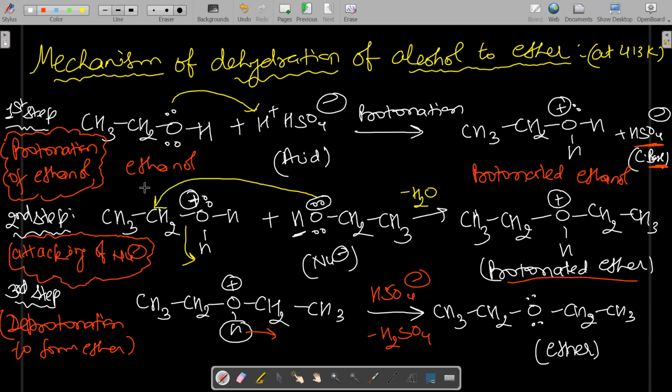Alkene we have already done. Alkene also has 3 steps, and ether also has 3 steps. The first step is common, that is protonation of alcohol to form protonated ethanol. The second step is formation of protonated ether by attack of the nucleophile. And which one is the nucleophile over here? Because in this ether formation, we use 2 moles. The first mole is this and the second mole is this. The first mole is giving its lone pair and the second molecule is also giving its lone pair. But in the second step, we can say it is the nucleophile. And basically the second step is just like a nucleophilic substitution reaction.